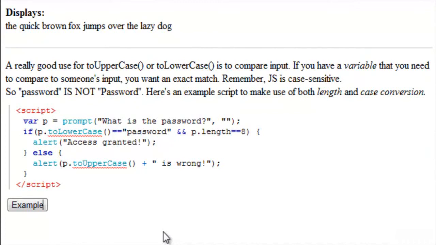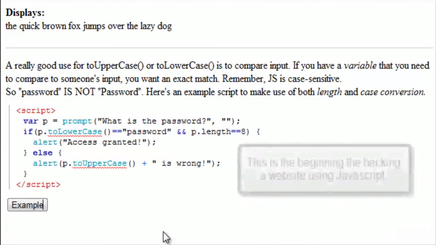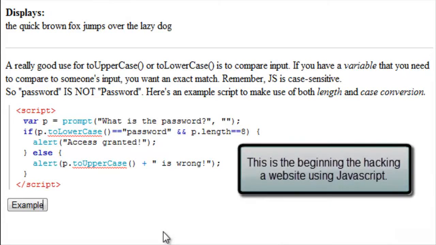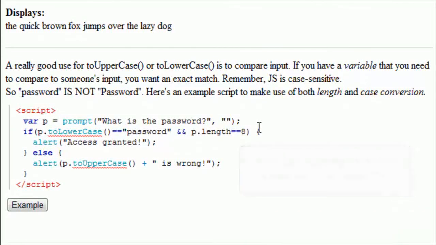Now, I do need to let you know that this is not a good way to implement any sort of security feature in your website. That's because all I have to do is open up the source, and I can just read it. What I would be looking for is p, which is prompt, what is the password? And we know that's the password, and the length has to be 8. Although this is cool, please don't use this as